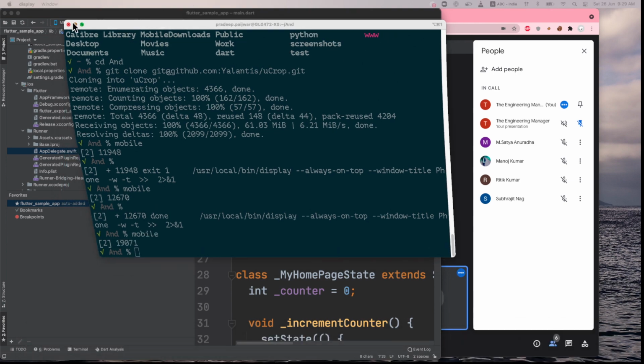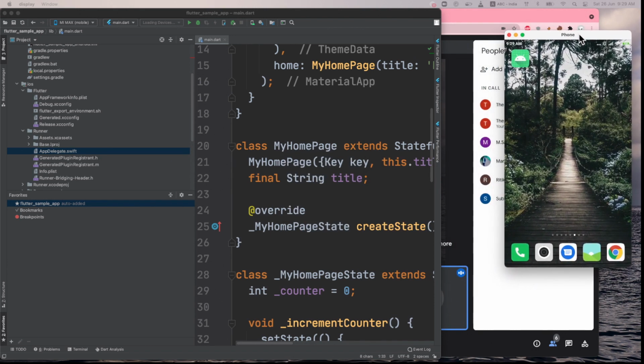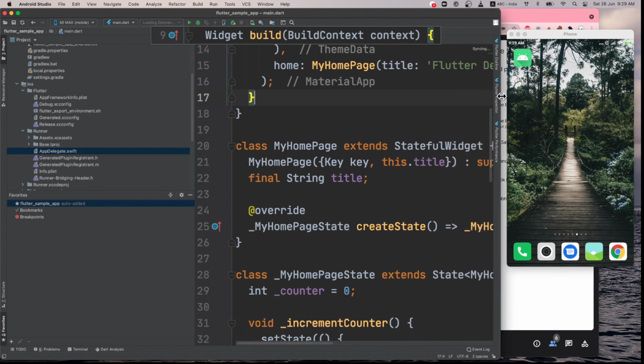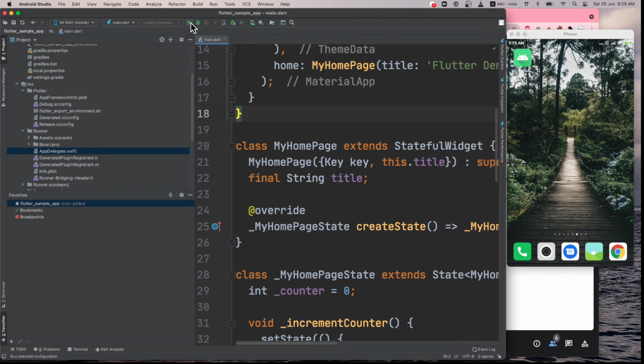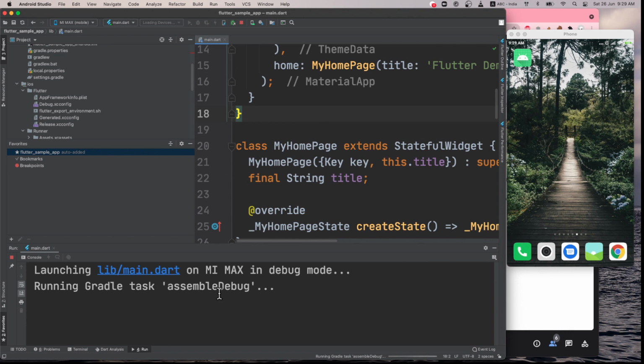And my phone is up here, and you can see this phone. Right, so we are just running this here. One good part of Flutter is that even if you do not have an Android phone, you can still run it in Chrome.